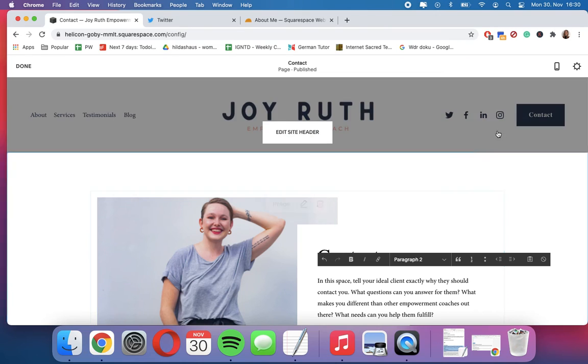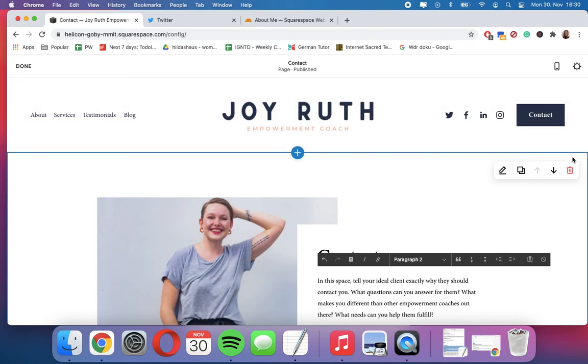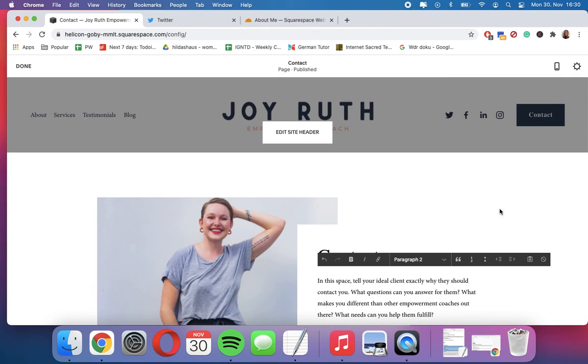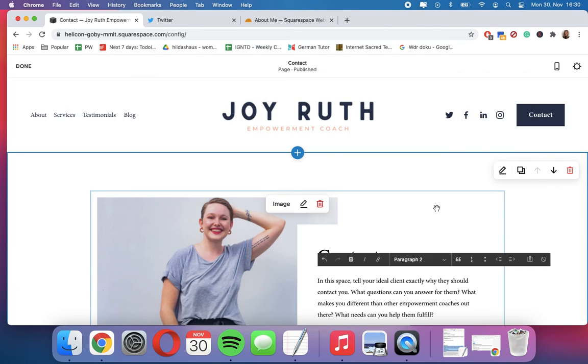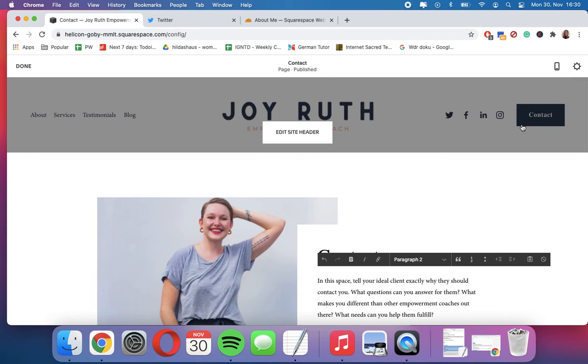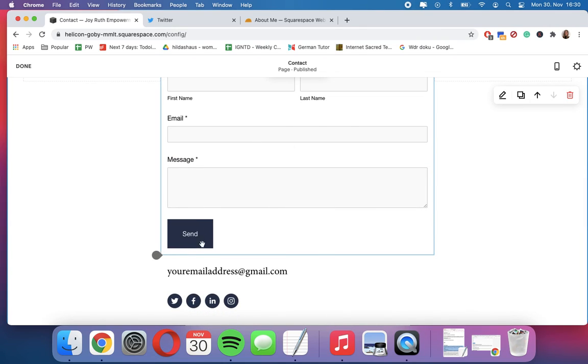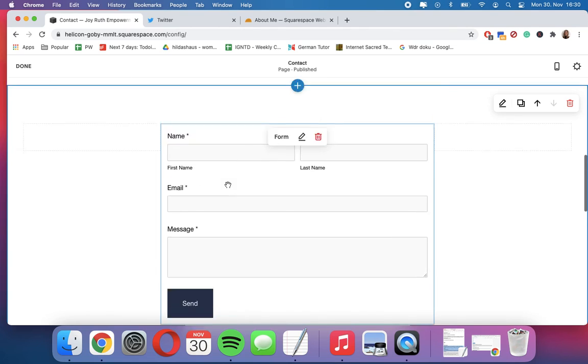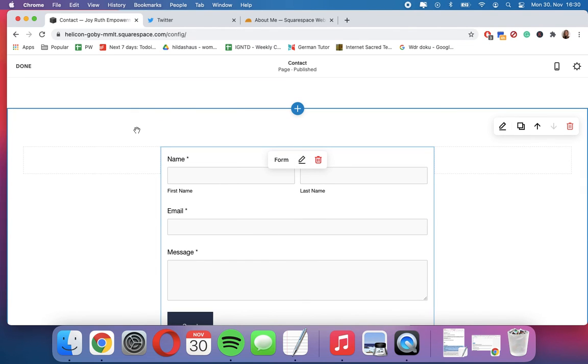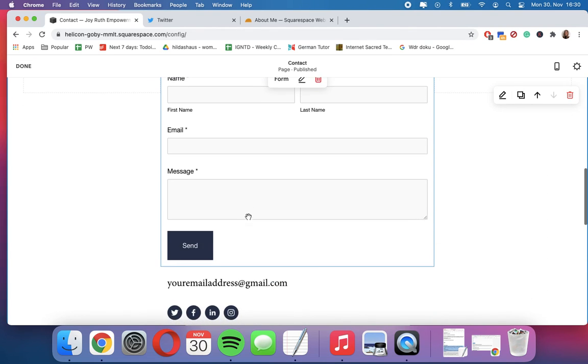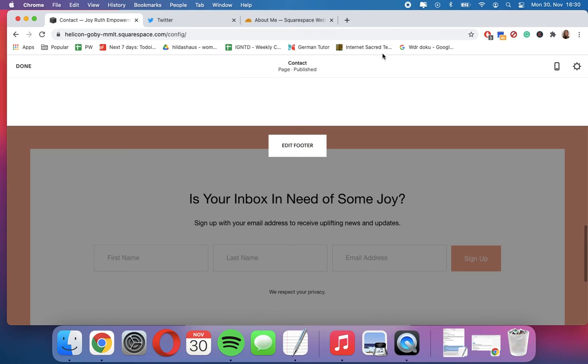So make sure, again, I want to reiterate this because it's very important. Make sure you go through after you're done with the site build, you're done with the images, you're done with the text, go back through everything and make sure you have checked all of your buttons and all of your hyperlinks and all of your forms. If your form is going somewhere else, that would also be very bad. So that's it for